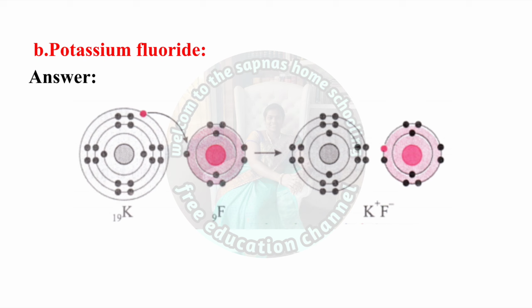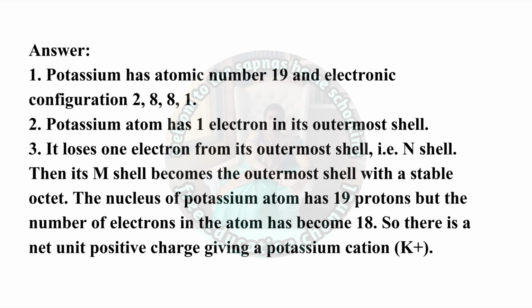Potassium fluoride. Answer: potassium has atomic number 19, electronic configuration 2, 8, 8, 1. Potassium atom has one electron in its outermost shell. It loses one electron from its outermost shell, that is N shell. Then its M shell becomes the outermost shell